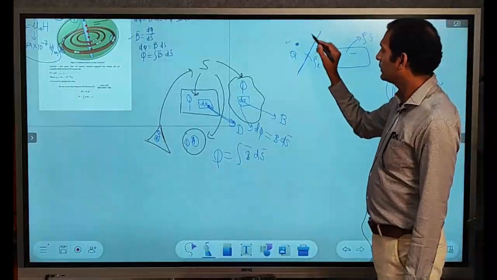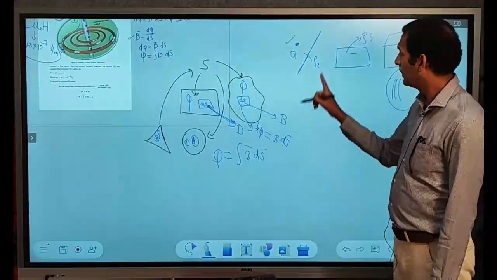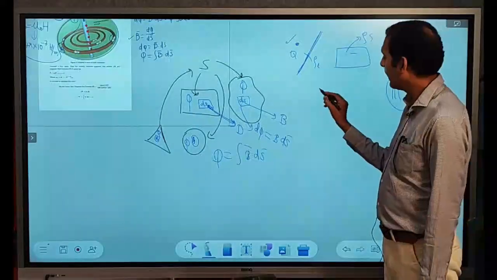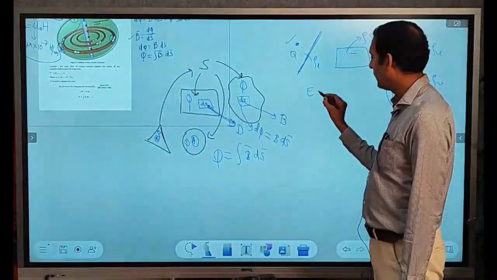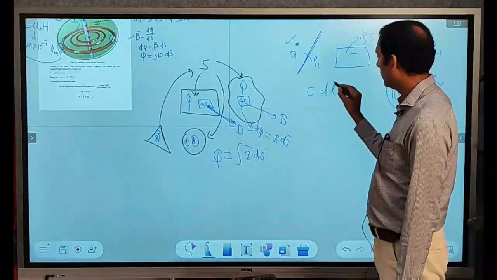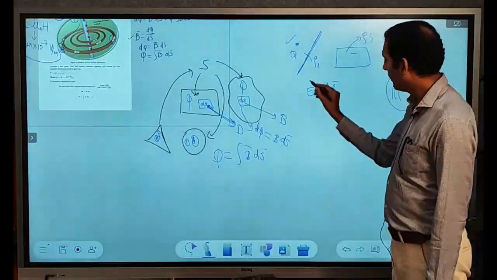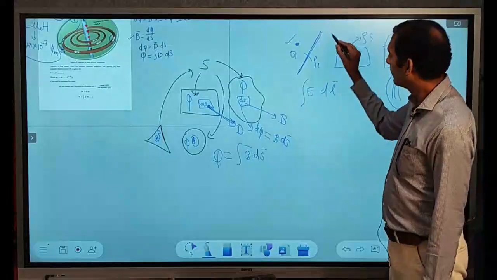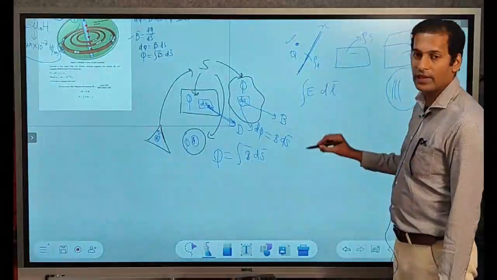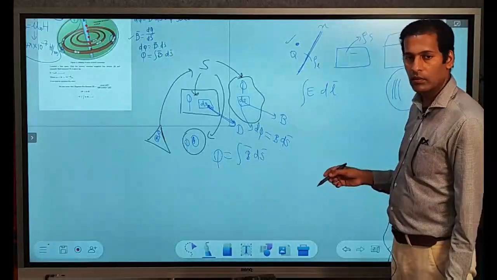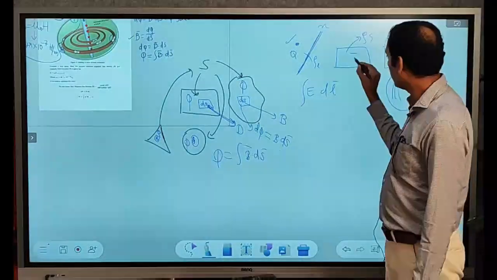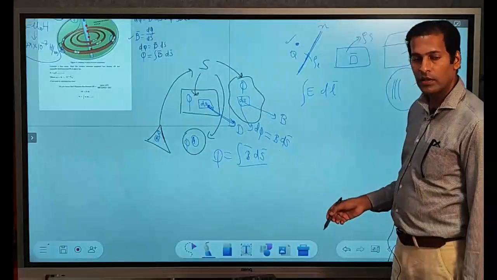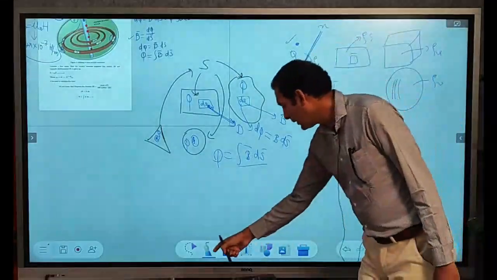Now a single point charge is a single point charge. One line is a single dimensional line. So if I want to write E bar dot dl bar and take its integration, it will be a single integration, because only one direction it can go, x or y, right? Now if I take a surface, normally in the case of B bar dot dS bar or D bar dot dS bar, in that case